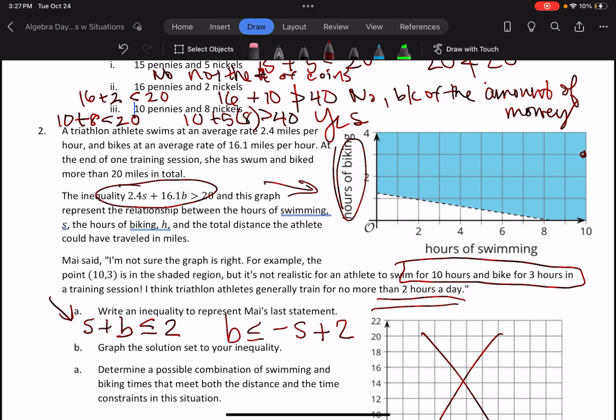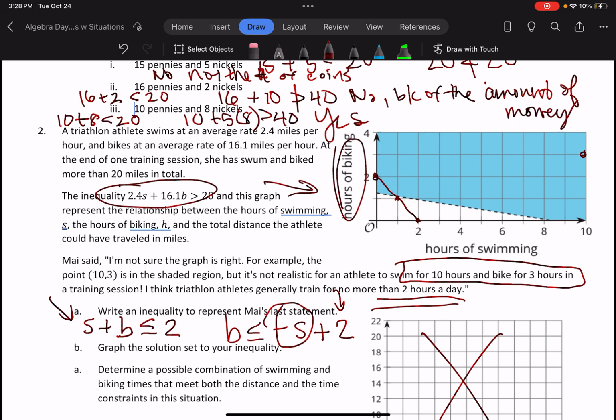Okay, if it's helpful for you, you can change s and b out for x and y. Sometimes that's helpful for me to remember which is on my x-axis and which is on my y-axis. So our y-intercept is 2, so this will start here, and it is less than or equal to, so we're going to have a solid line, and it's a negative slope, negative 1 over 1. So we're going to go down 1 over 1, down 1 over 1,